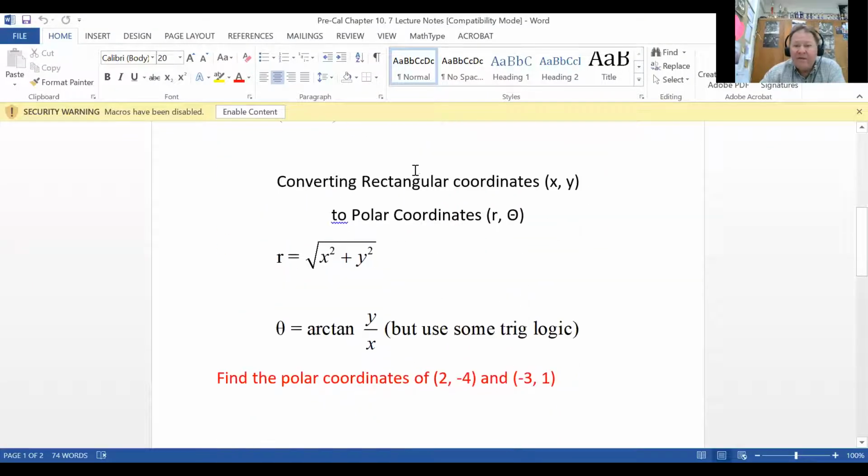So converting from rectangular to polar now. This is if you know x and y and you want r and theta. Well, first of all, and it's not too hard, r is always positive in this case when you're converting. Remember, there's multiple ways to depict a point. That's actually, in the year 2022, one of the test